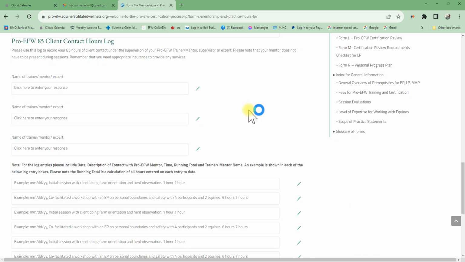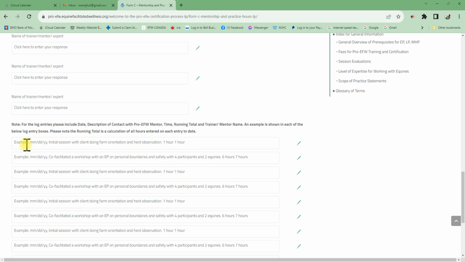Now the second part of this form, you have 85 client hours that we will be putting in. So you will put the name of your trainer, mentor, experts. You may have a few of those. So your trainer, if you have a Pro EFW mentor, and if you have another mentor also that is not Pro EFW, or one that's Pro EFW, you can add their name. Now every practice hour that you will do, you will put in there